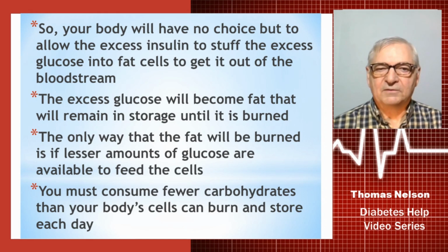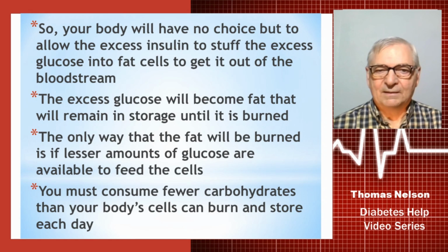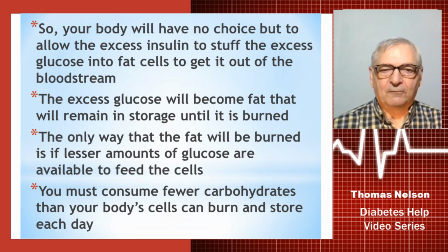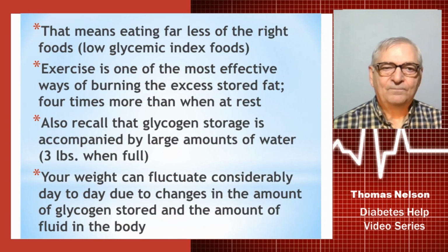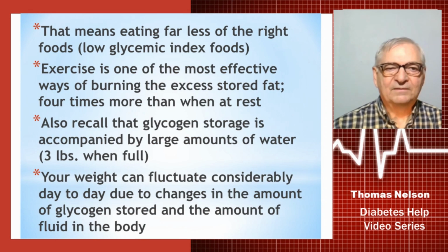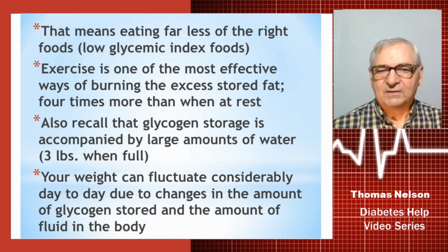It's going to convert it into triglycerides to get it out of your bloodstream. So the excess glucose will become fat, and that will remain in storage until it is burned. The only way that the fat will be burned is if lesser amounts of glucose are available to feed those cells. So you must consume fewer carbohydrates than your body cells can burn and store each and every day. So that means eating far less of the right foods, the low glycemic index foods, which are vegetables, some fruit,